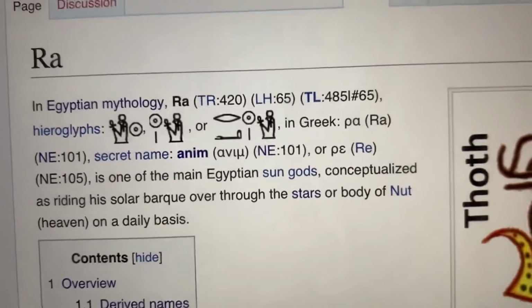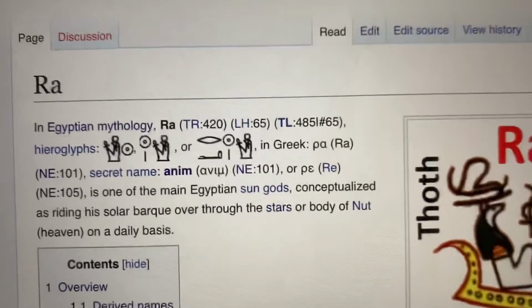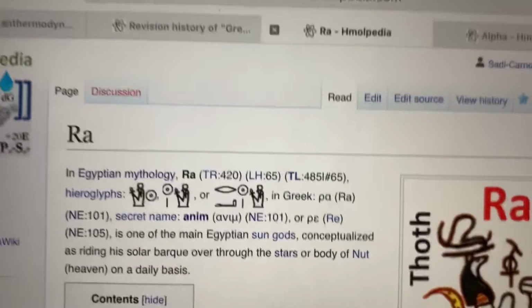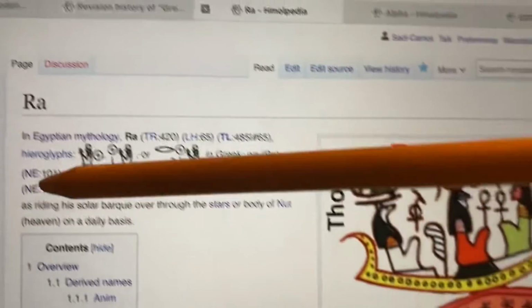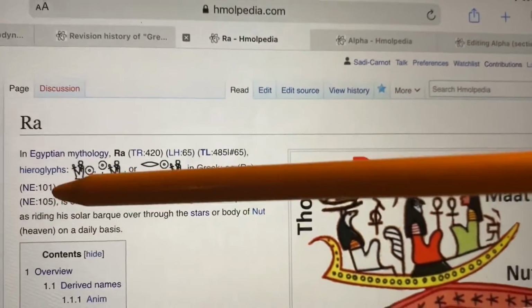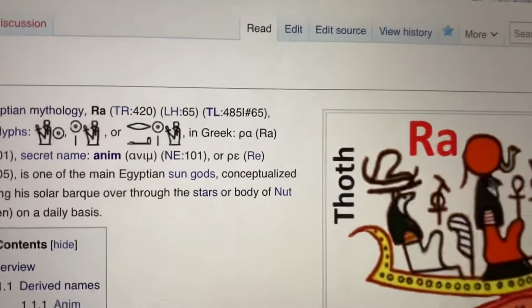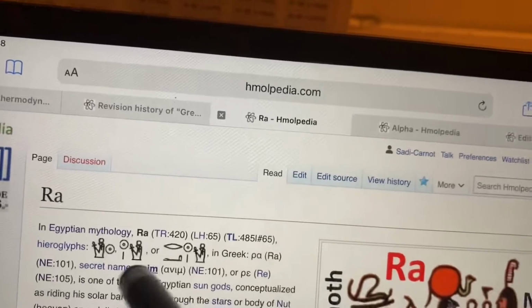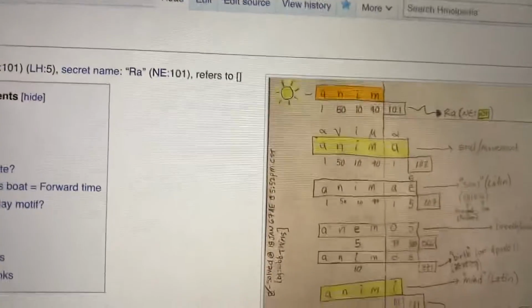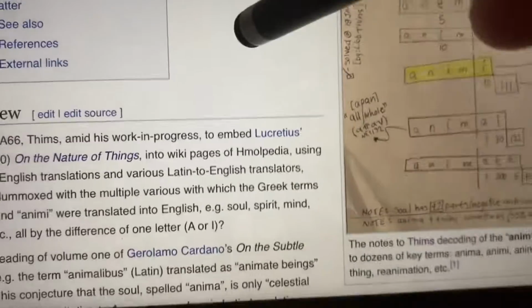So the value of Ra in alphanumeric value is 101, and this yields the anom cipher, which also equals 101. So the anom cipher